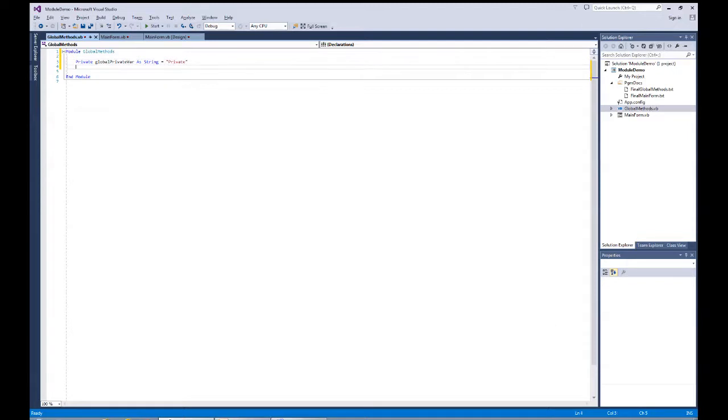Then I'm going to create another one that I'm going to declare as friend, also as string, and I'm going to set its value to friend. And the last one I'm going to create is a public one,